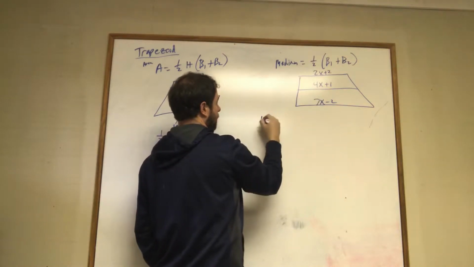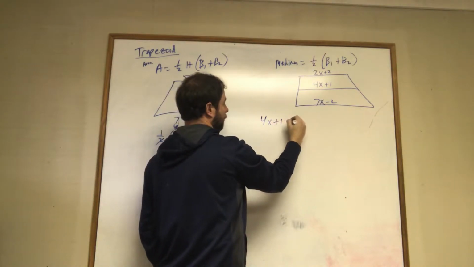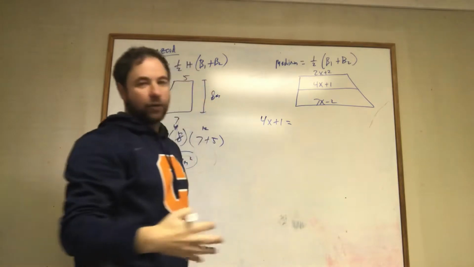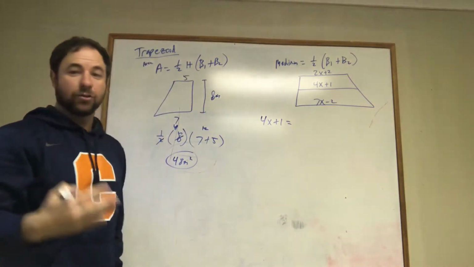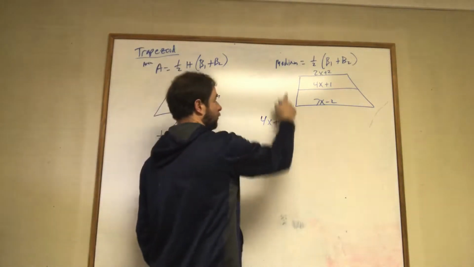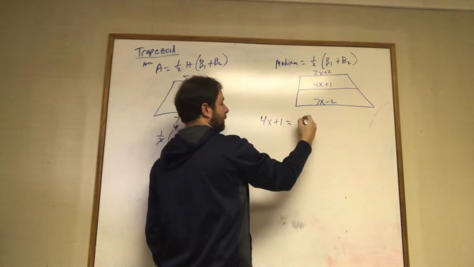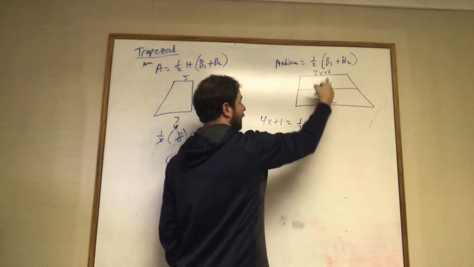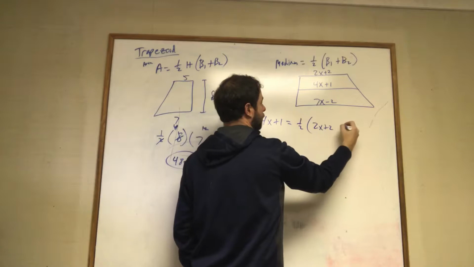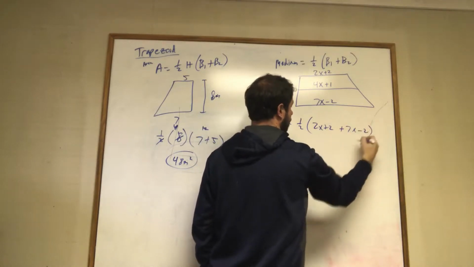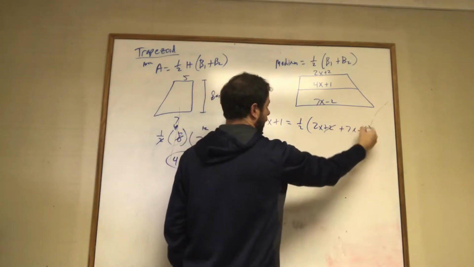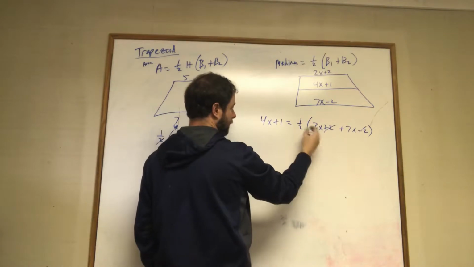So what's the median? The median in this case is going to be 4x plus 1. So we're actually going to do this more in an algebra fashion, or like making a true statement. So 4x plus 1 is the median, so we can write that down, equals half of 2x plus 2 plus 7x minus 2. So these will cancel. We end up with 9x over 2